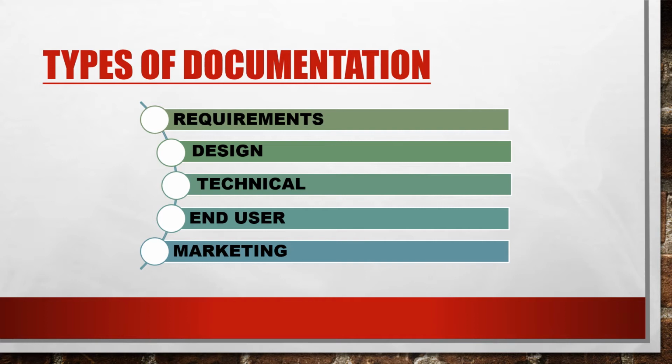Then next one, we have end user. End user means the users that are using that system, and in that case they provide documentation for the end user in the form of manuals, or in the form of a support system that will guide the end users on how to use that particular system. Then we have marketing. Marketing documentation helps us to know how to market that product and how to analyze the market demand. Then we need to know how we can do the advertisements or the marketing of the particular product, so that more and more customers get attracted towards it.